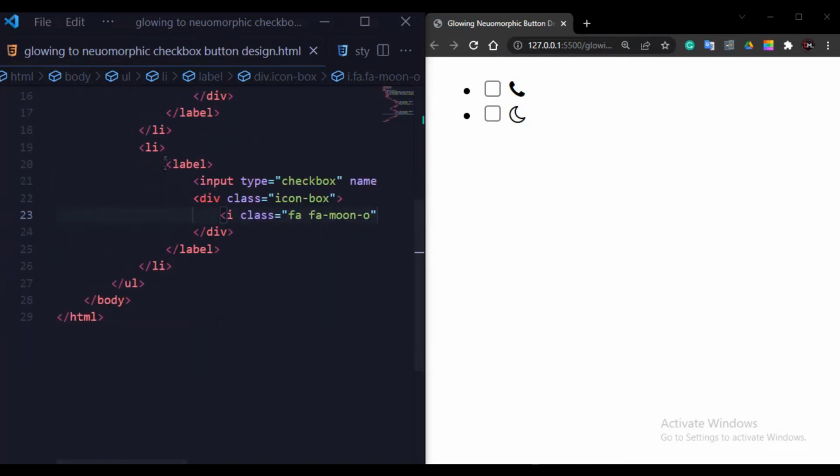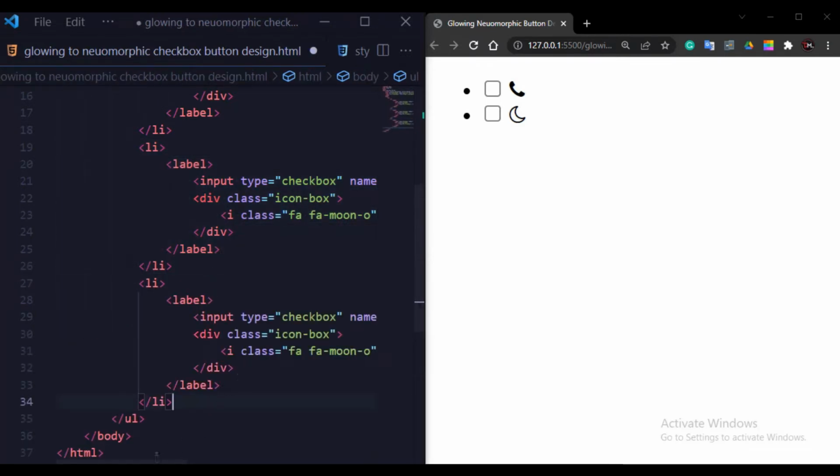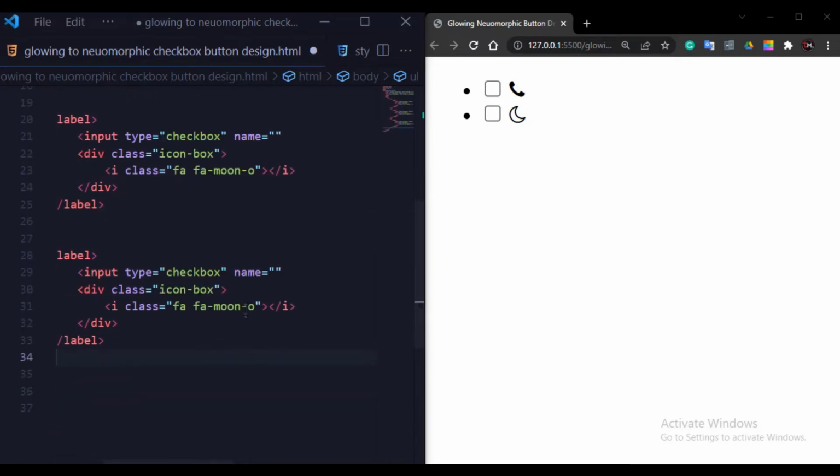Now I will import the third icon. Simply copy this and paste it below, and here I will change the i class name. Here I will write plain, and at the last here I will write moon.